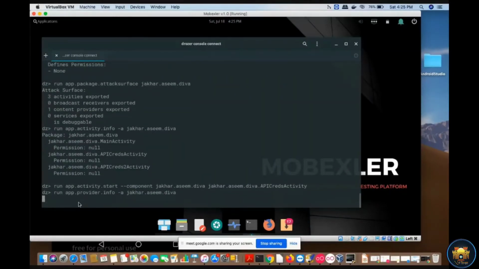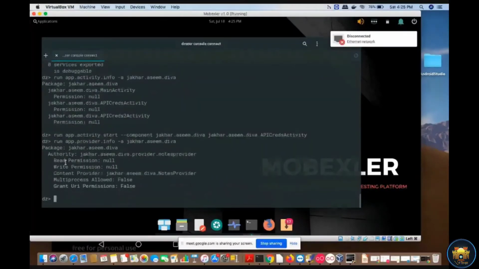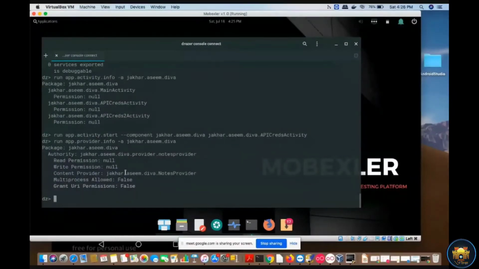So if I type this, you can see I can get all the content providers available inside this package, right? So the notes provider is the content provider, and if you check, the permission is null. That means we can execute all these commands here.